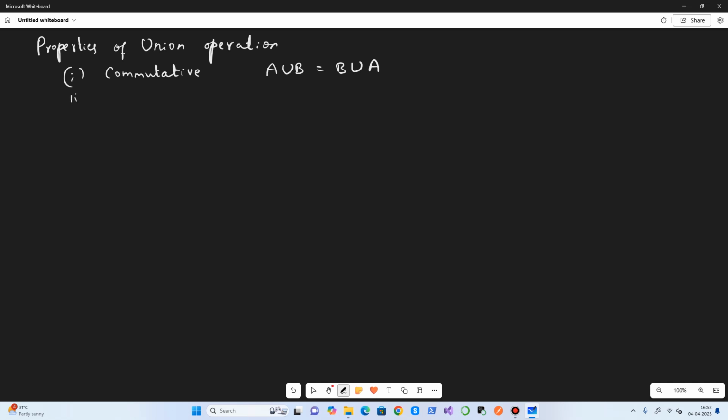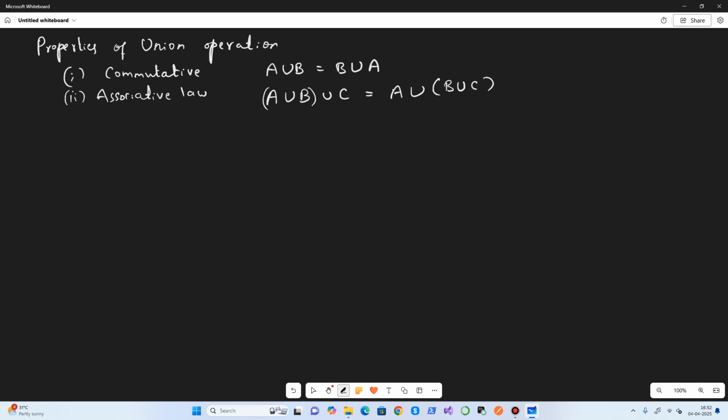The second one is the associative law. What is associative is, if we have 3 sets A, B, C, and we are doing the union of the first 2 and then union with the third one, it is the same as doing the union of the first with the union of the second and third.